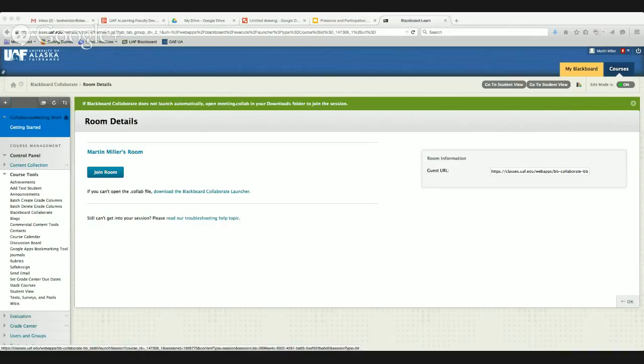Same thing if you give it a multiple choice. If I answered D, then I would have D showing up in here. But the rest of the students cannot see, only the moderators can, unless you publish it to the whiteboard.